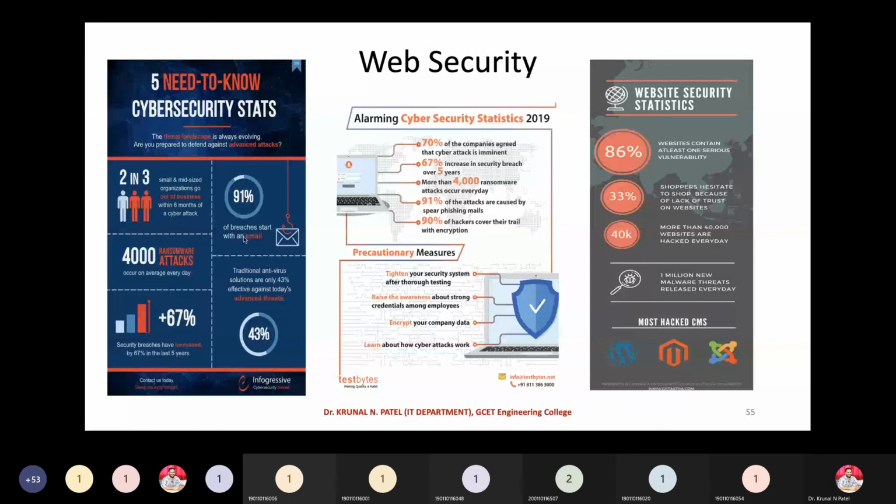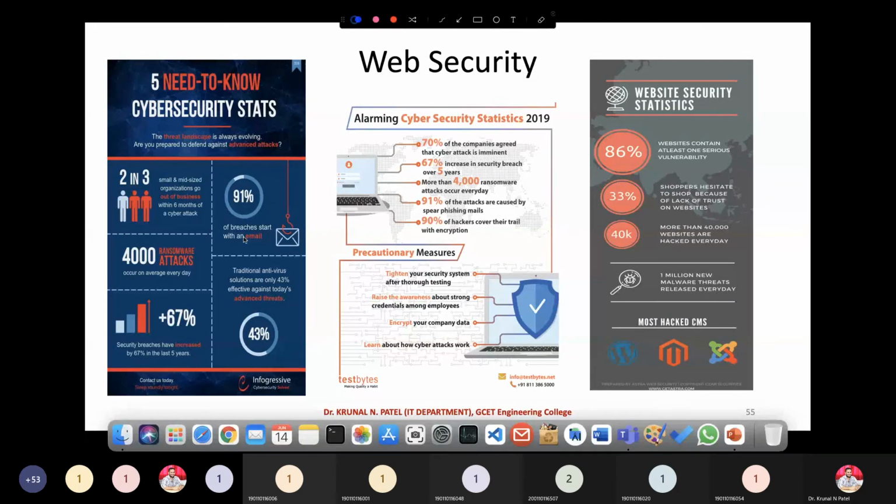And more than 40,000 websites are hacked every day, right? 1 million new malware threats are released every day. So you can see these are the particular statistics. And the most commonly hacked CMS, content management systems, right? Here you can say WordPress, Joomla, Drupal. So the majority of these CMS systems are going to be hacked. If you come over here, then you can see this 4,000